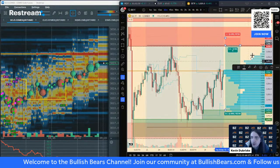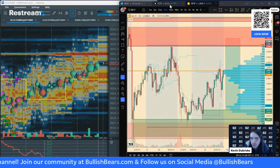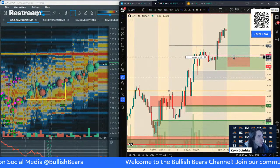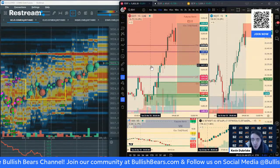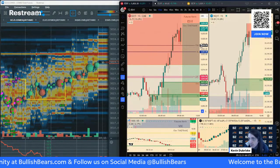So let's see if we want to push up. We're waiting on gold for a potential short in supply after sweeping a previous day high. We're waiting for crude oil longs, if it could move back towards its demand zone, which is right under the opening price. And we're waiting for ES and NQ to open to see how the market wants to develop, how large our gap fill is, and see if we want to maybe flip